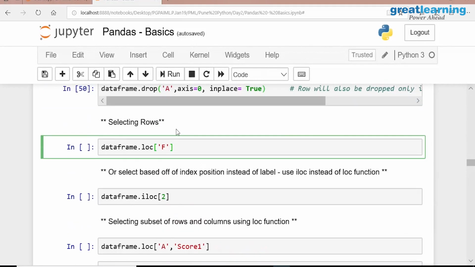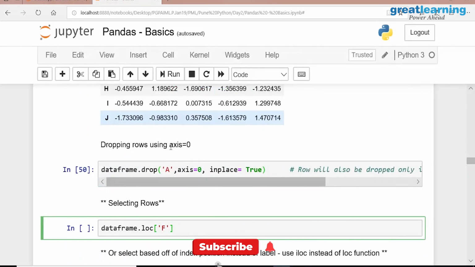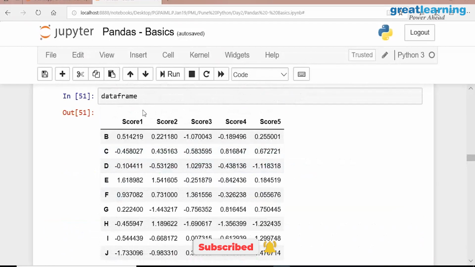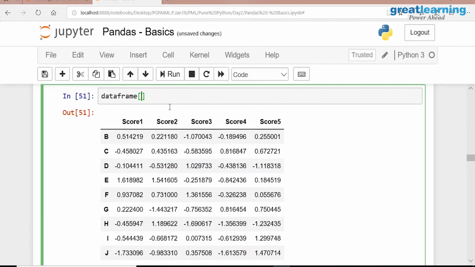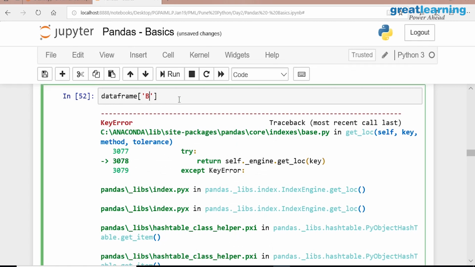So for selecting, one of the options is you can use the square bracket and say the names of the column. For example, I want the B row to come out. How should I say? Can I say B like this? If I want score 1, how can I get the first column?